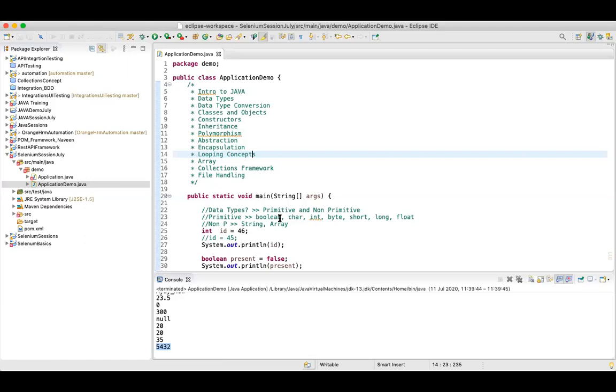So similarly in Java, there is an object. How do you define an object? If anything has some state, or some properties or some behavior, we'll term it as an object.